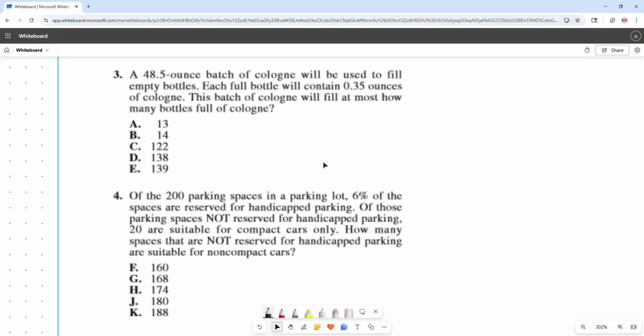So our next question. A 48.5 ounce batch of cologne will be used to fill empty bottles. Each full bottle will contain 0.35 ounces of cologne. This batch of cologne will fill at most how many full bottles of cologne? So to do this, this is a very simple division problem. So you just divide 48.5 over 0.35, and you should get